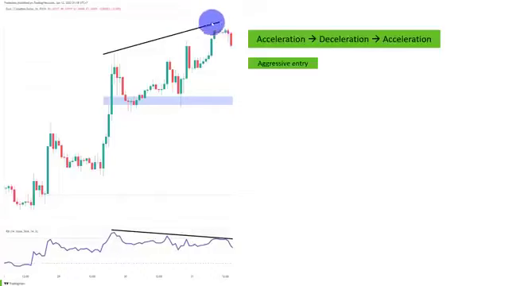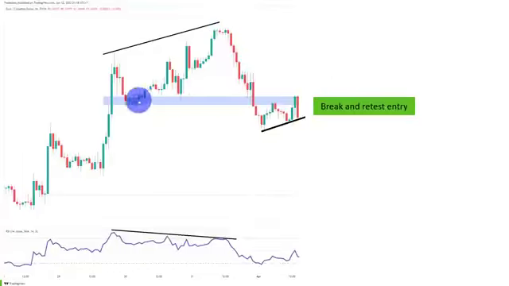Stops are generally then placed above the highs here, not too close because it's very common to see stop runs into the highs. So be generous with your stop, but it's a very aggressive entry. You could also wait for the market to break a structure, which is here in this case. We have a previous support level that was tested twice, and then we fall back below it, retest it as resistance. We have a flag pattern here, so a great break and retest entry could be here, and then you can just have your pending order maybe below the lows, or if you are more aggressive, wait for the bearish